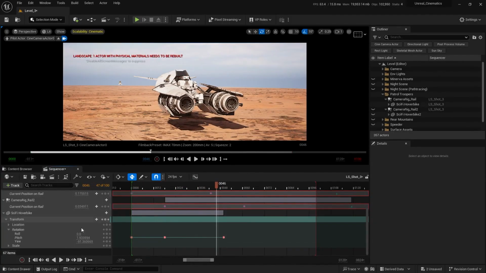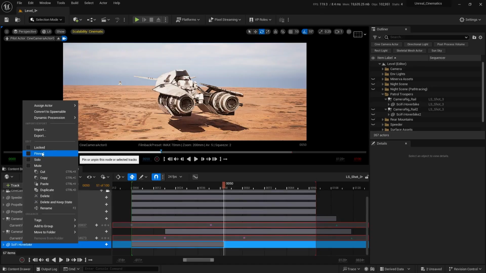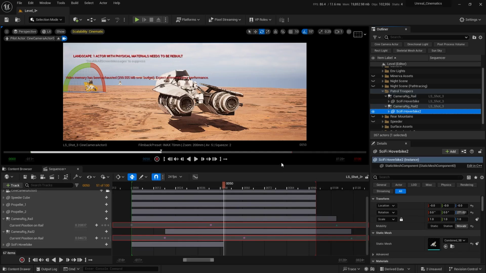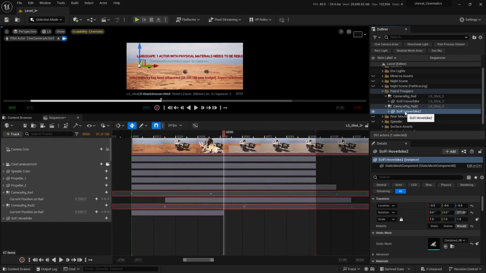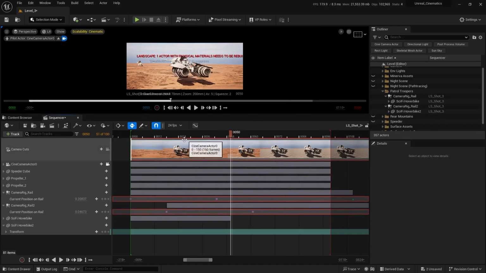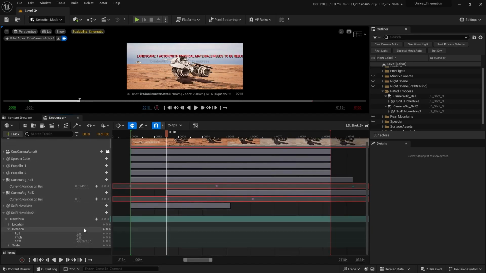So I'm gonna go ahead and do the same thing with the other Sci-Fi hoverbike as well. And for that, I'm gonna close up this thing. And let me just unhide the other hoverbike. I'm gonna select it from the outliner and bring it into the sequencer. I'm gonna move to frame number 24 from where this Sci-Fi hoverbike begins to move. And I'm just gonna go ahead and open up the transform parameter, open up the rotation parameter, and add a